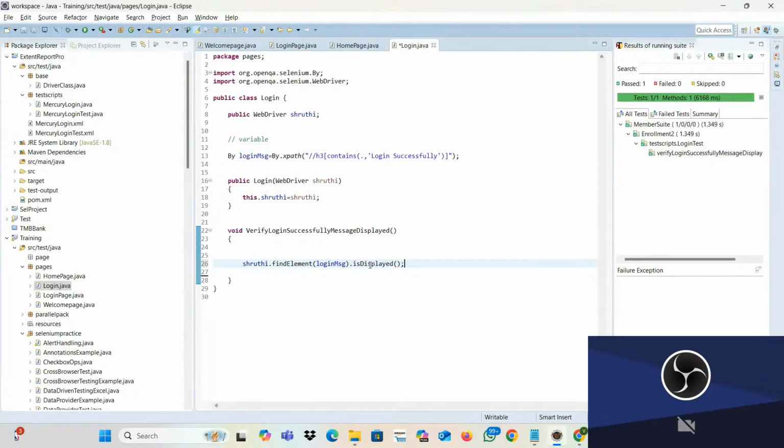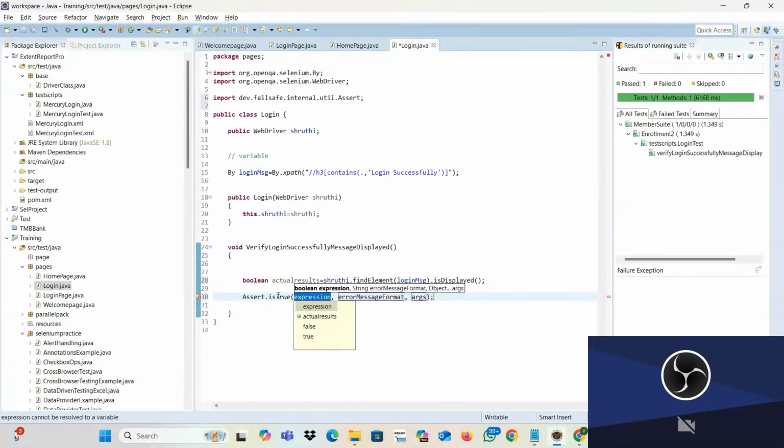This isDisplayed, what will happen? It will return a Boolean value. So what do you have to do? You have to say Boolean, the actual result. So your expected is what? Expected, I am also expecting Assert.assertTrue only. Assert.assertTrue, so this is your expected and this is your actual. If it does not happen, then what you have to do? You have to say this: